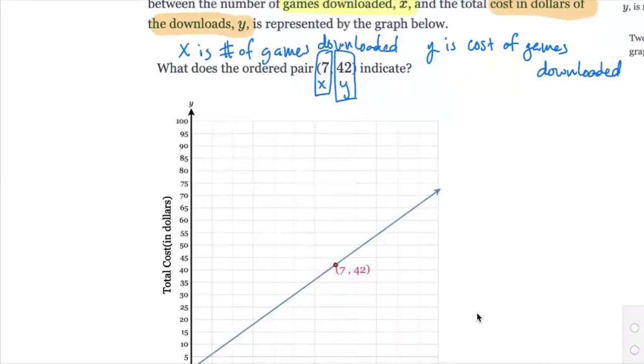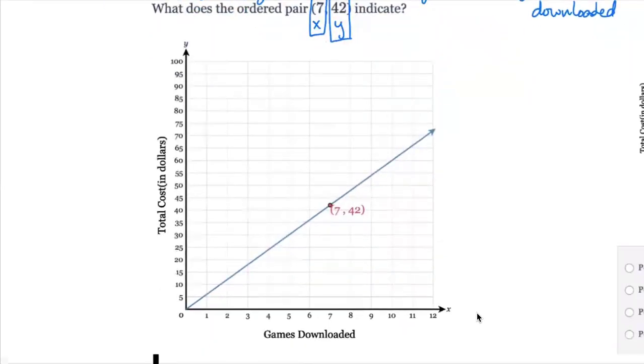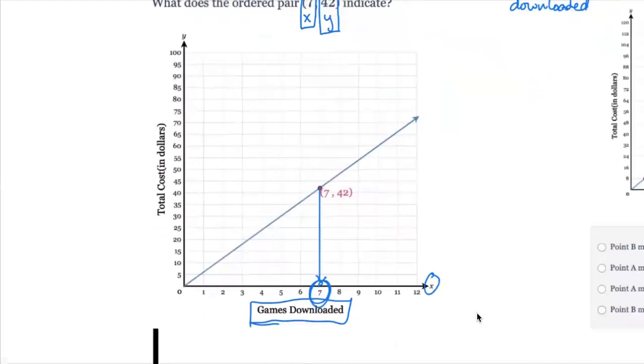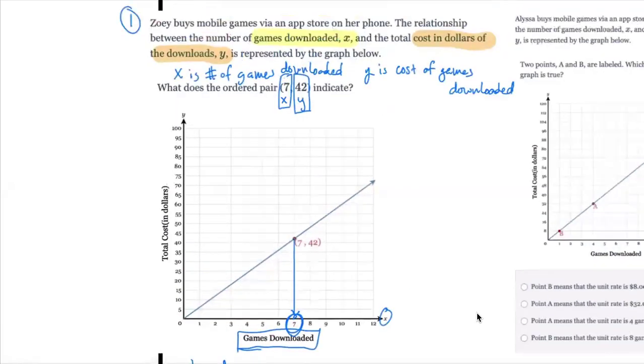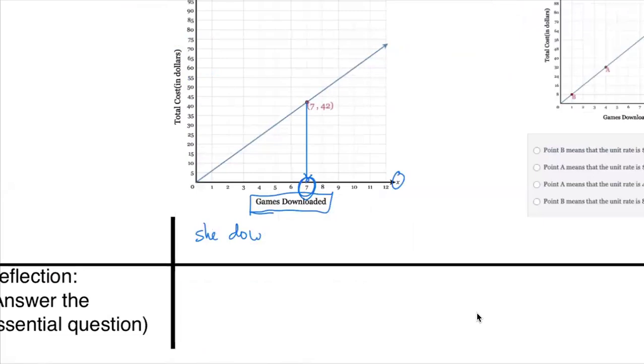So if we look here, what does that mean? And here's our X again, 7. If I go straight down here, that shows me where the 7 came from. It came from the X-axis. And this X-axis, remember, is the games downloaded. So how many games did Zoe download? So let's go ahead and write this down. She downloaded 7 games,